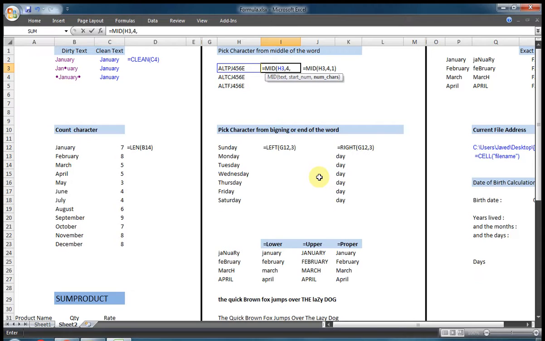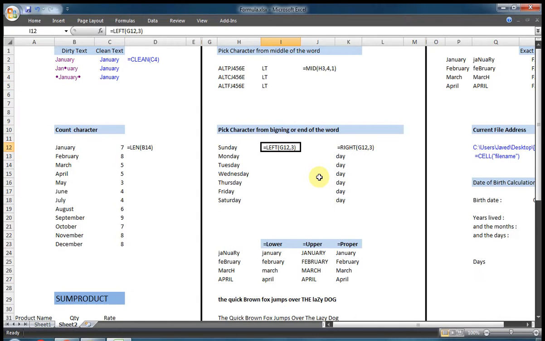If this is a pen number and we need to see the status of the SSC, we take 1 and close the bracket, it will show P and you can drag down. You can also take 2, and it will show LT. This is the second one, LT. So friends, you can use it accordingly as per requirement.